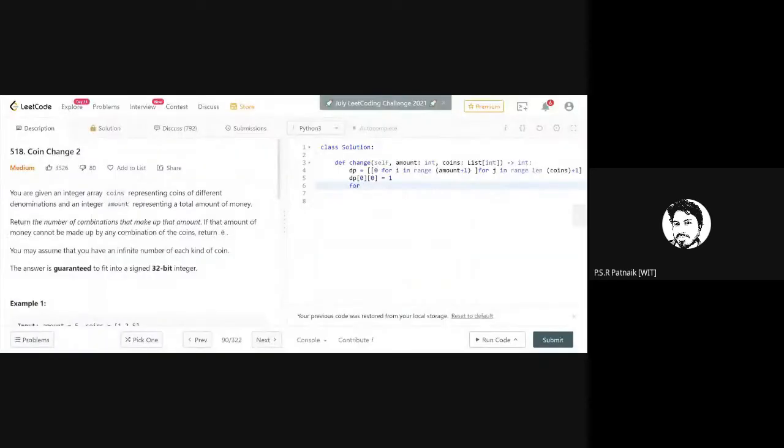Accordingly, we'll write it. Now tell me, what will be the outer loop? The outer loop is for coins at index, right? We are starting from 0, 1, 2, and 3. But when we are referring to this, we will refer by 1. But when we're actually accessing it, we will do 1 minus 1, 2 minus 1, 3 minus 1. See, this is our index, but in Python, what is the index? It is 0th index, 1 index, and so on. This is in Python, right?